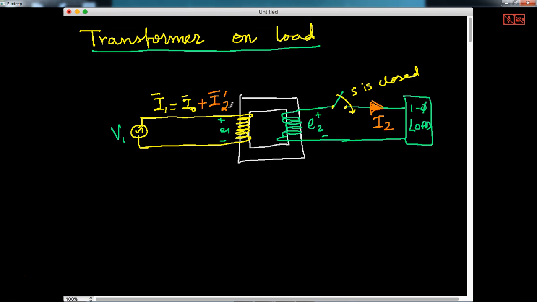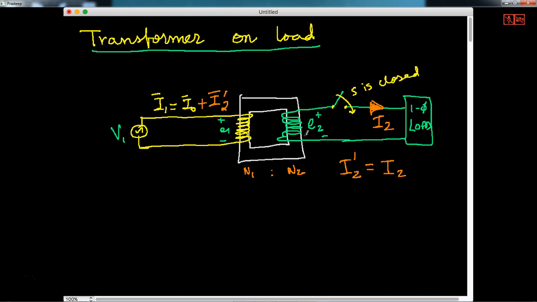So what is I2 dash? Here if you take N2 turns and here N1 turns, then my I2 dash will be equal to, the current will be inversely proportional to the turns. So it will be I2 multiplied by,